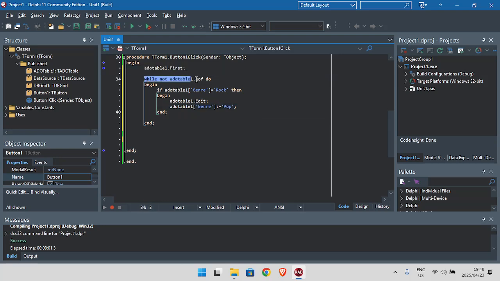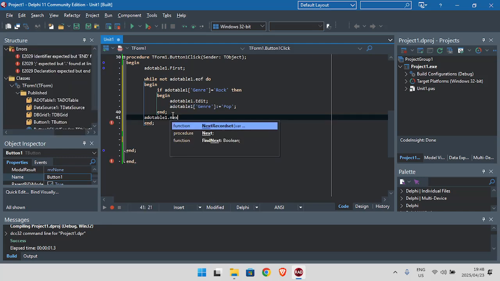I'm going to run through this whole added table because I want to check all the records. Test the first one, check whether it's rock. If it's rock, put it in edit mode, change it to pop. Regardless whether it's rock or not, I still need to go to the next record.